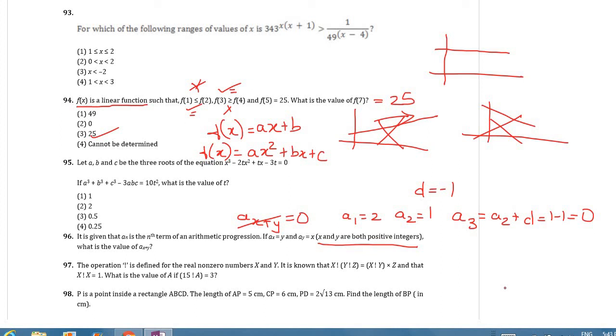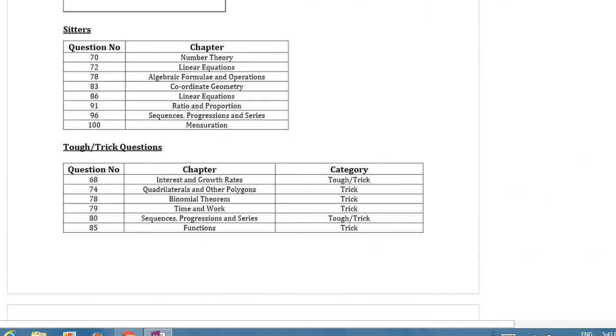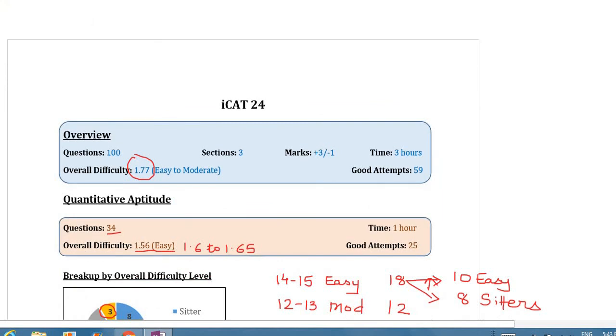In general, this mock like CAT had an easy quant section. I would say that you could have easily attempted 24 to 25 questions in that mock. And when I say 25 questions, it's for quant. Overall, we had said that somewhere around 18 attempts for DILR and 15 to 16 attempts for verbal would be good. So on the whole, I would say 59 to 60 attempts for the entire mock and 24 to 25 attempts for quant would be a good performance